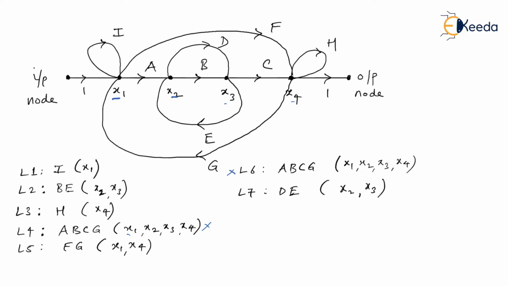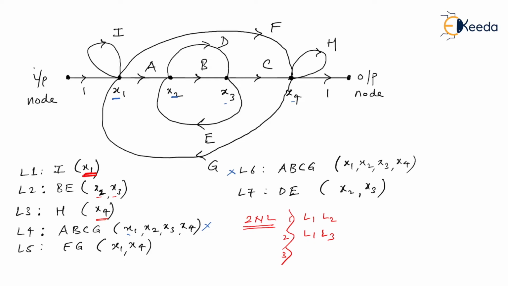So our aim is to find two non-touching loops now. Let us see. L1, you can see it is involving x1 and L2 is involving x2, x3. As you can see, there is no common node. I can say that L1, L2 are two non-touching loops. Am I right? So this is the first set of two non-touching loops I got. Let us see if I have any chance for L1, L3. So observe L1, L3. L1 involves x1, L3 involves x4. Again, they are involving different nodes. I mean, there is no common node. I can say L1, L3 are in fact two non-touching loops.